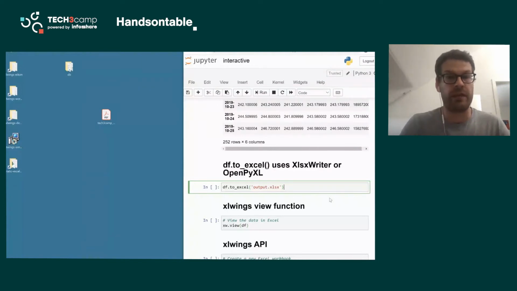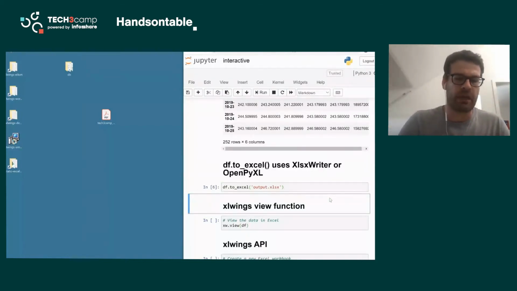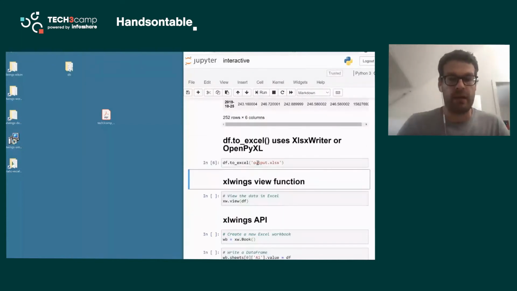I mean, it could be from a database, it could be from a CSV file. Sometimes you would like to dump it into an Excel file so you can actually scroll through it. And the built-in version in Pandas is to just call the toExcel method here. And then the friction that you have is basically you have to go into the folder where you just produced it